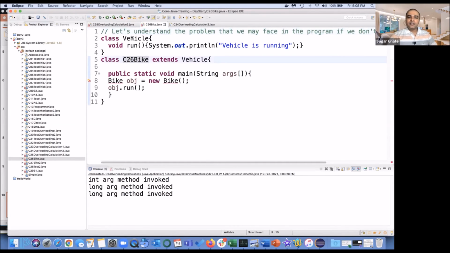Again, vehicle is there, and a vehicle can be a bike, car, truck, anything. Now for this bike object, I am saying run.